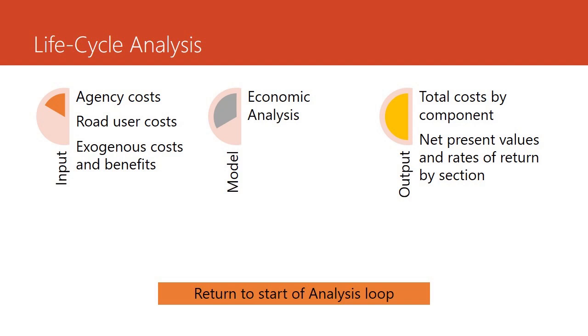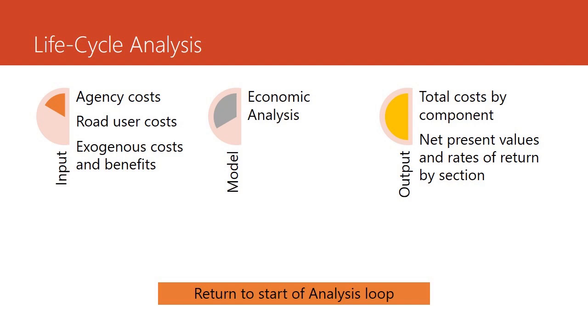The outputs of the economic analysis model include total costs by component, allowing for a breakdown of where the investment is being allocated and which components drive the most cost, and critical performance indicators such as net present value, NPV, internal rate of return, IRR, and benefit cost ratio, calculated for each section or for the entire project, depending on the analysis method used. These indicators help identify which alternative delivers the highest return and ensures that public funds are invested where they yield the greatest impact. The economic analysis model provides the final layer of insight, enabling planners, policymakers, and engineers to make informed, transparent, and